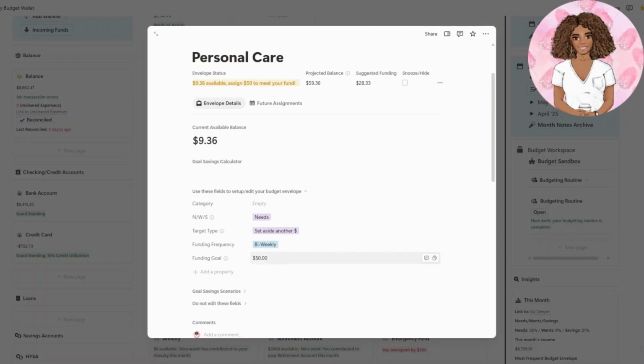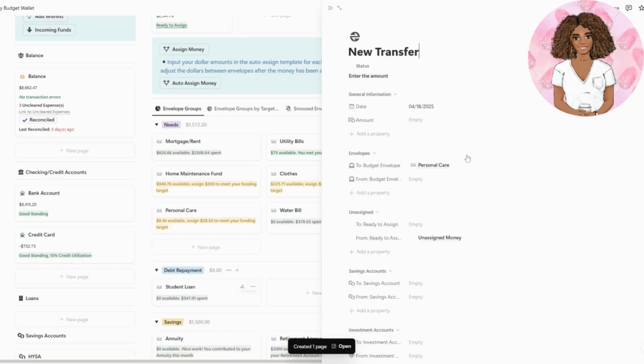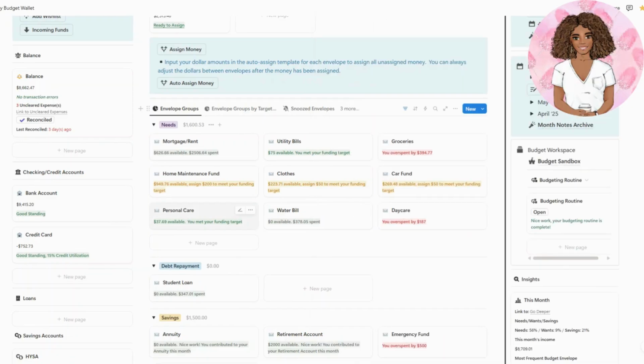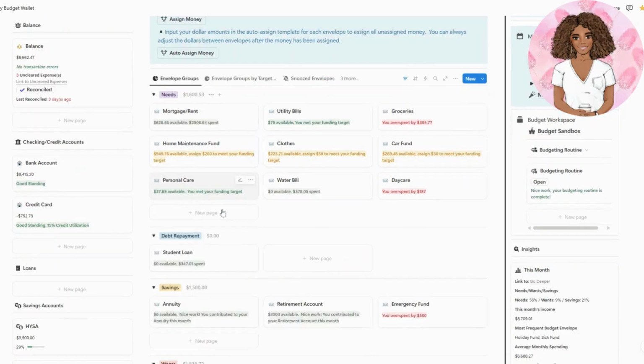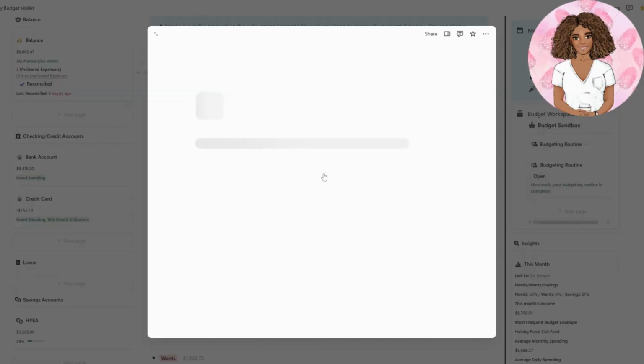personal care 28.33. I had $50 as a funding goal, but I think that's too high. I'm still trying to find the right amount to keep in here, but seeing as how my grocery bill is so high, I'm going to do the bare minimum for personal care. Okay. All right, now that's not bad. $37.69, almost $40 to spend on personal care products. That's more than enough. Okay, water bill,